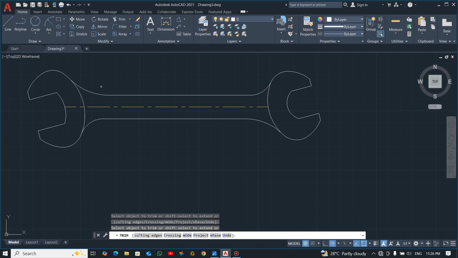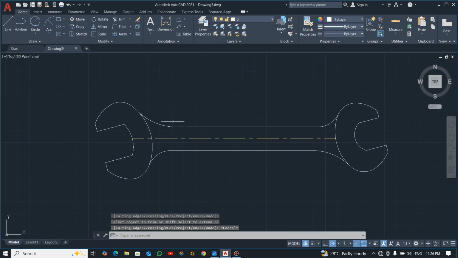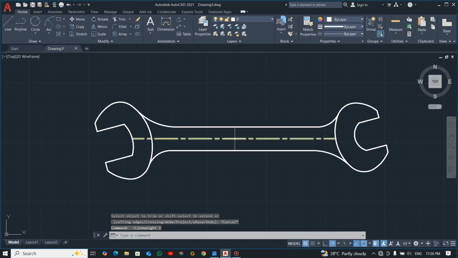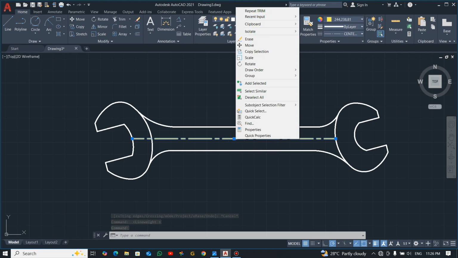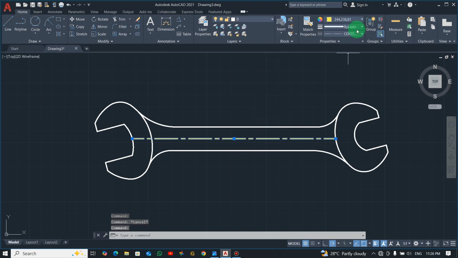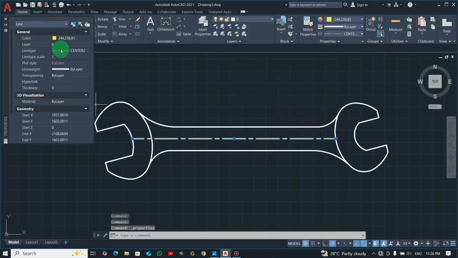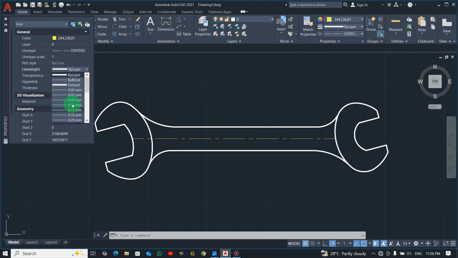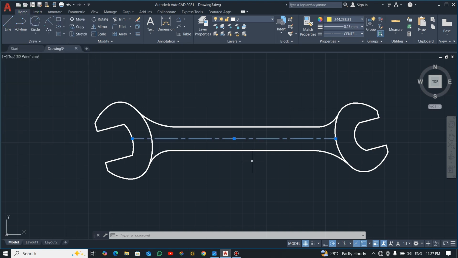Okay, so if you watch, our work is nicely done and neatly done. I'll increase the line width and also give my work dimension. I like to give my work dimension. So to do that, I'm going to create a layer and then put all my dimensions on that layer. I want to change the line width of this center line. Okay, now you can see our work is nice and neatly done, but I would like to